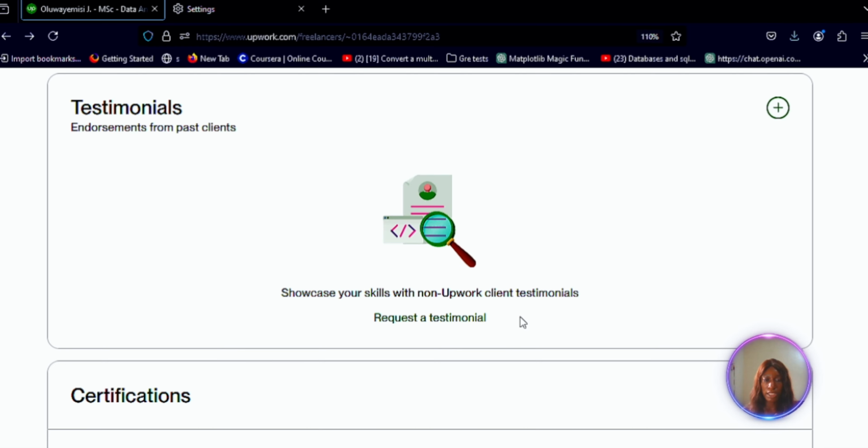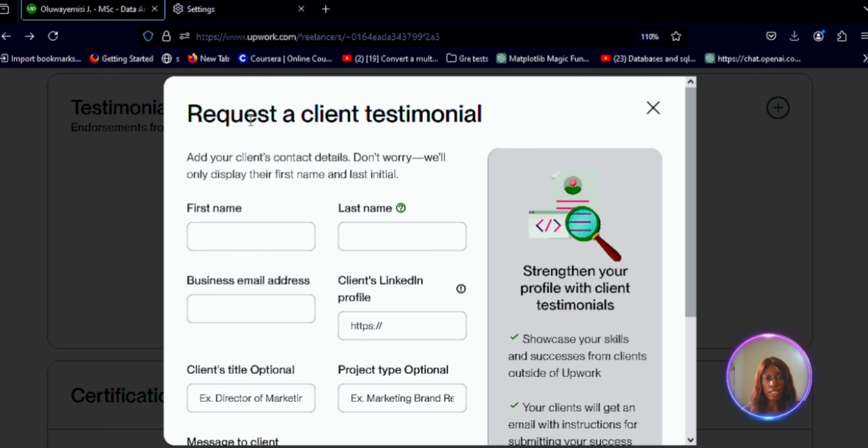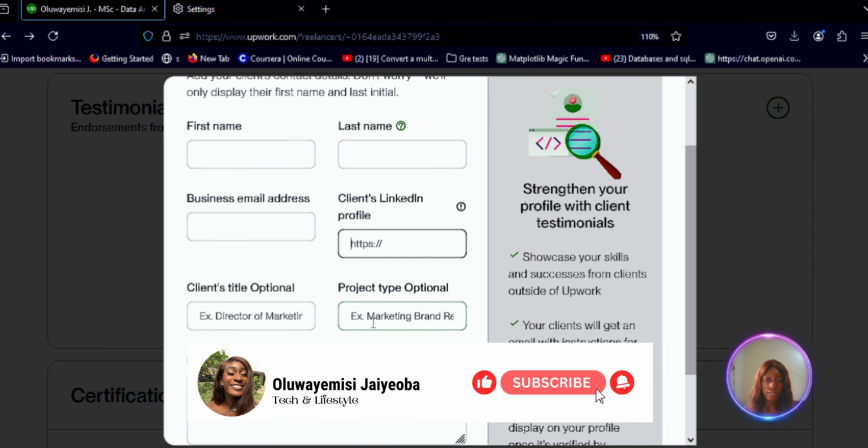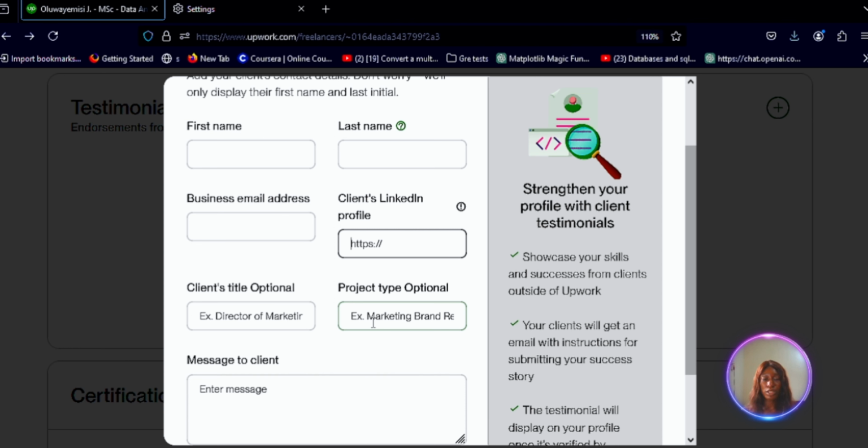Your testimonial. Yes, testimonial is requesting a testimonial. You can see request a client testimonial. Add your client's contact details. Don't worry, we will only display the first name and the last initial. So if you've done work for somebody, maybe on LinkedIn, wherever you've done work for somebody, you can always just include the person's first name and last name, the business email, that's their email, then their LinkedIn as well, because they would like to see that it's not just anybody, maybe your sister or brother you're trying to put in. So they want to see how professional that person is, and then the client title option as well,